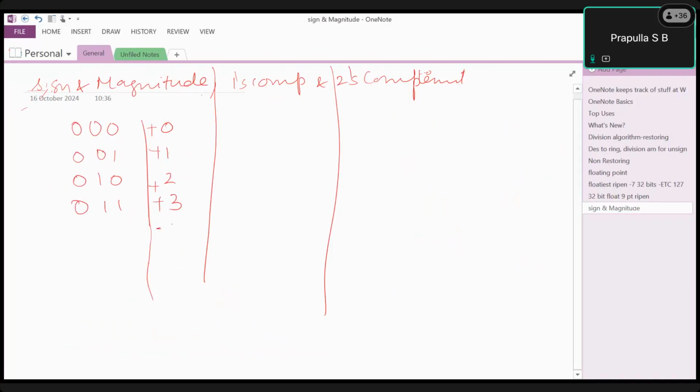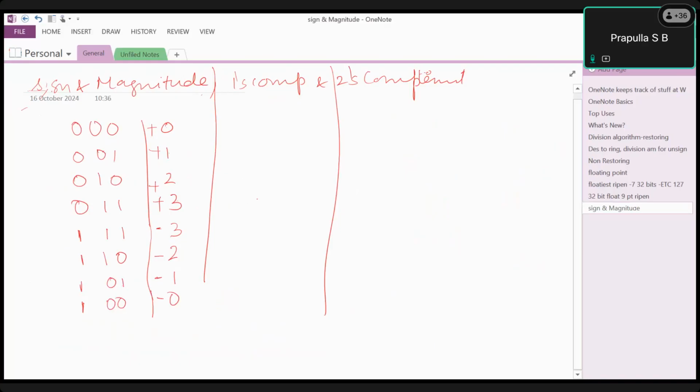So if I want to represent minus 3 and minus 2, I will represent the magnitude and this is the minus sign. For minus 1, the magnitude is 01 and the sign is 1. For 0, the sign is 0. For minus, it is 1. So this is how we represent the numbers. Okay. So now,